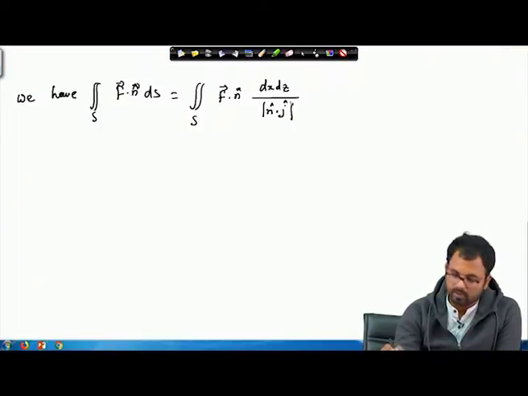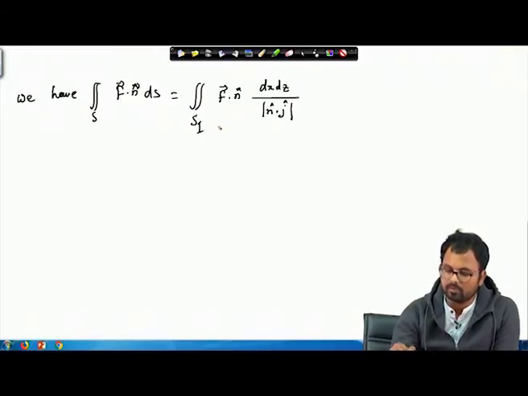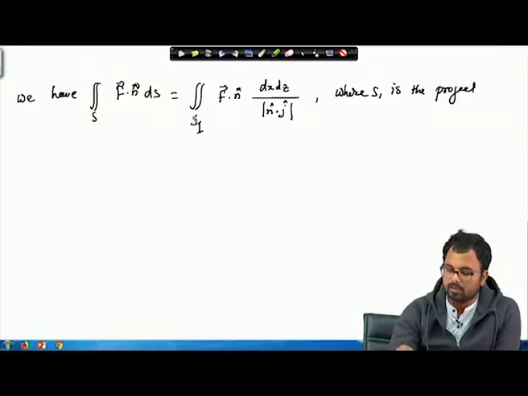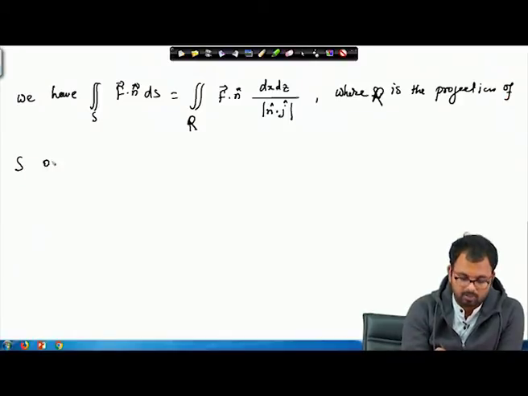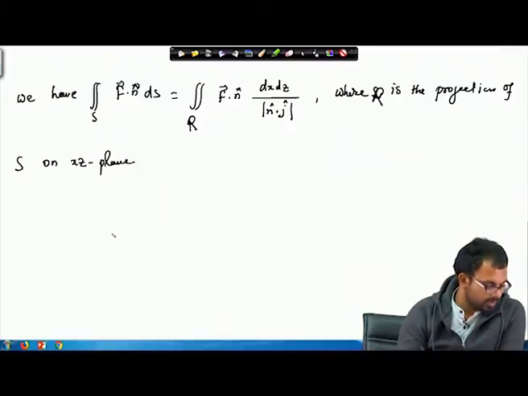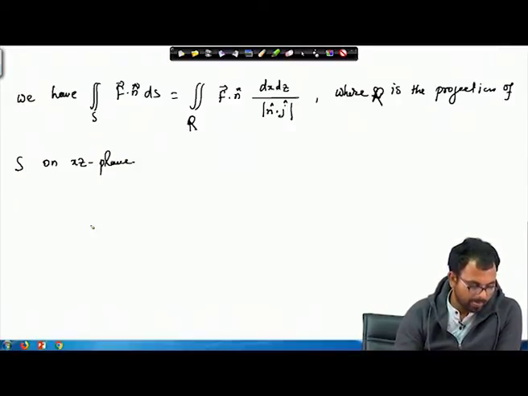So this is our required dot product, where R, and this one can be, let us write as S1, where S1 is the projection, or let us call it R. So S for the surface and R for the region, where R is the projection of S on the xz plane. So that is the projection on the xz plane,